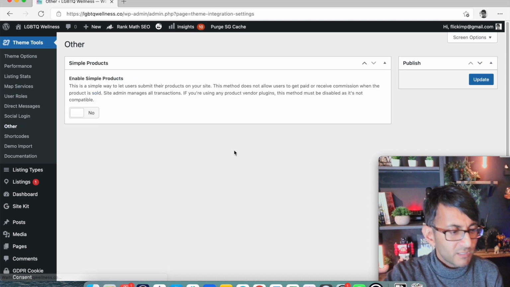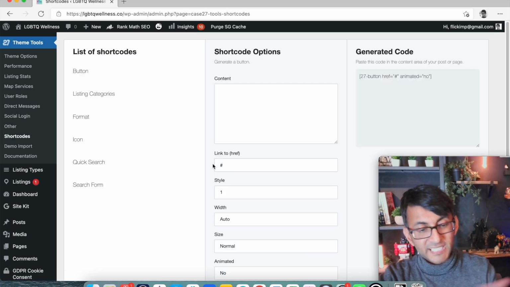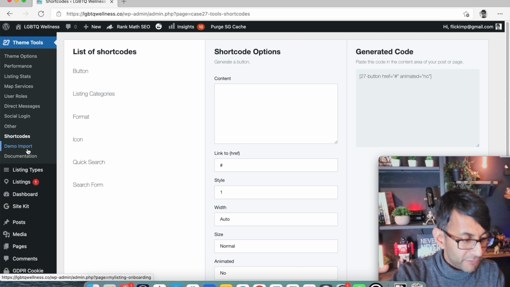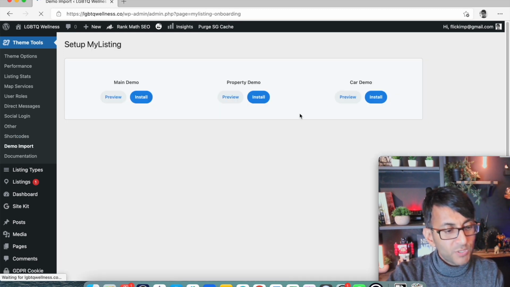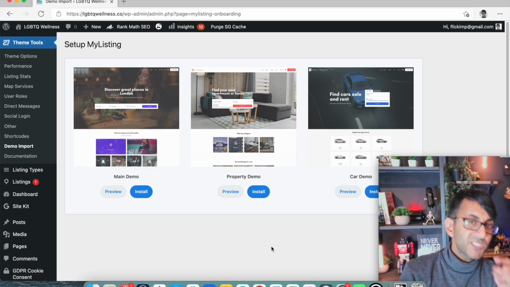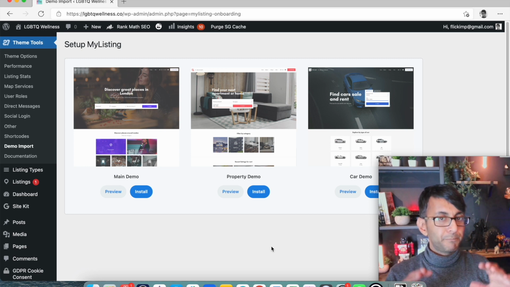We have other. I didn't do anything there. We have shortcodes. I wasn't bothered about that because I was going to be using Elementor anyway for a lot of it. Here's where you can import the demo. So we looked at the property demo. And I would say if this is the first time you're using the MyListing theme and you haven't put any other